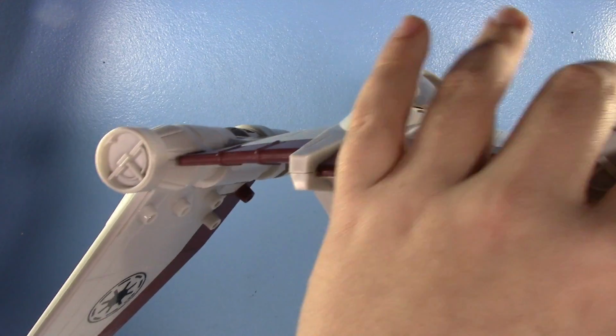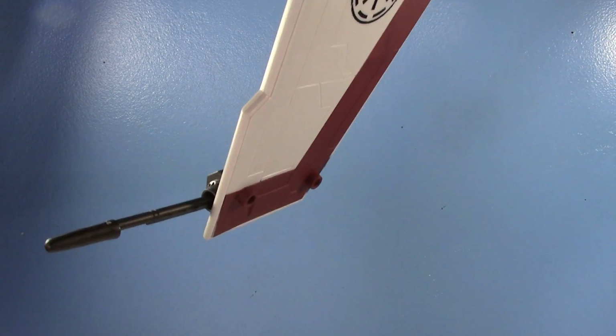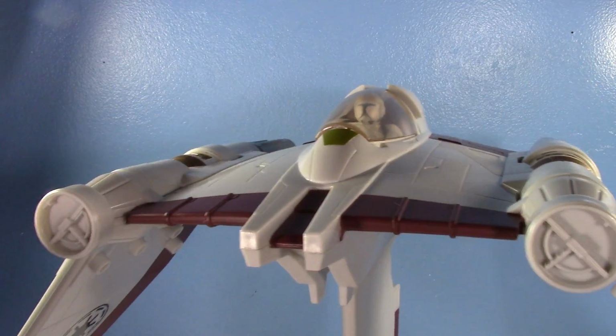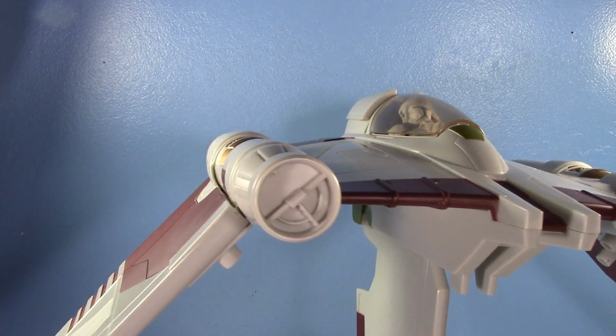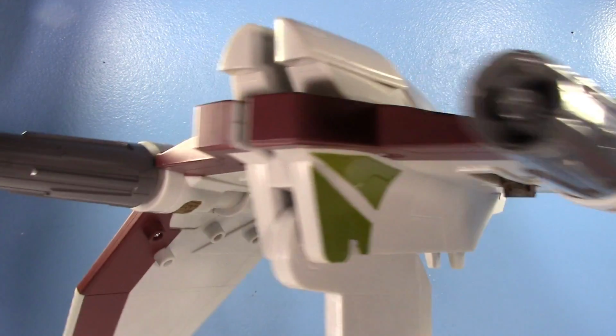It's one of the coolest starfighters. I don't prefer it over the ARC-170. That's still my favorite starfighter of all time. The missiles do fire, but I'm not going to do it. But yeah, I still really love this starfighter, man. It's really iconic to the original Clone Wars series. And what else can I say except...